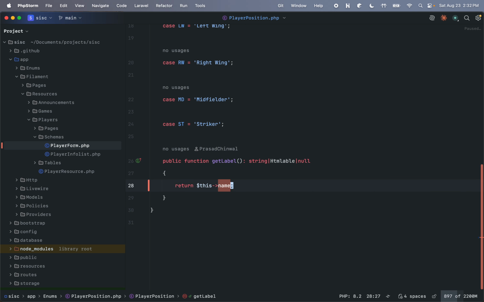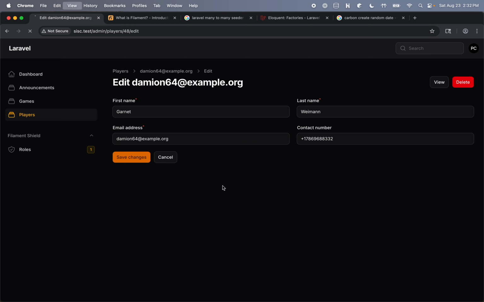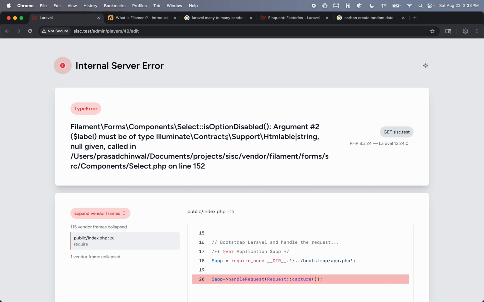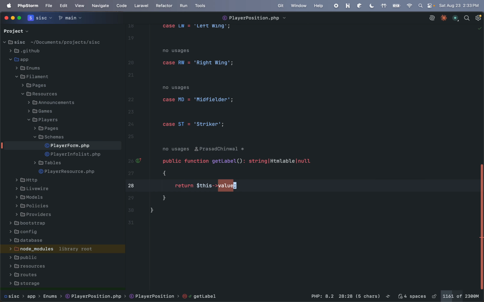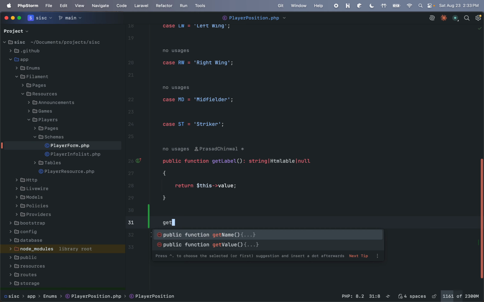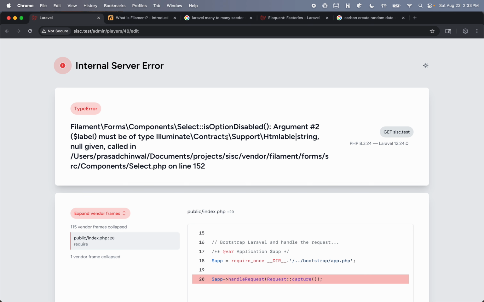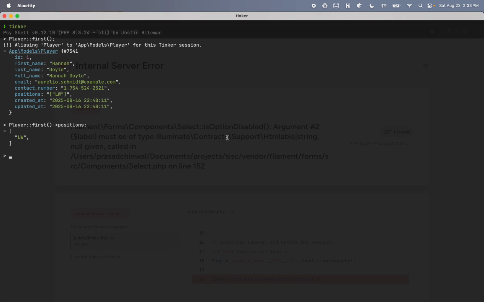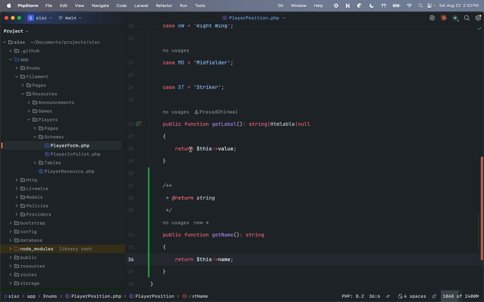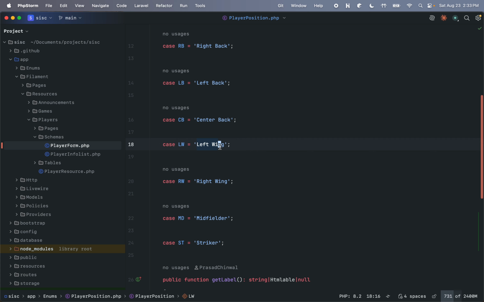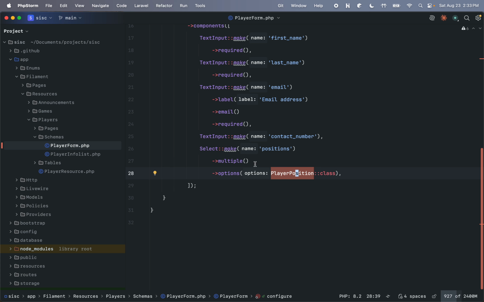I should probably do name. Is that right? We have no. What about get name? Okay, so what's happening is we are getting back the left wing as an LW, and it's trying to read from the database to see if the entire term "left wing" is coming from the database, and it's trying to map it. Well, that's not the case. How can we